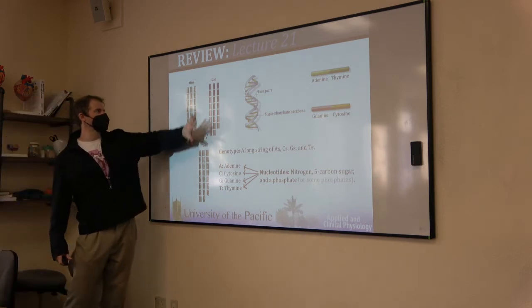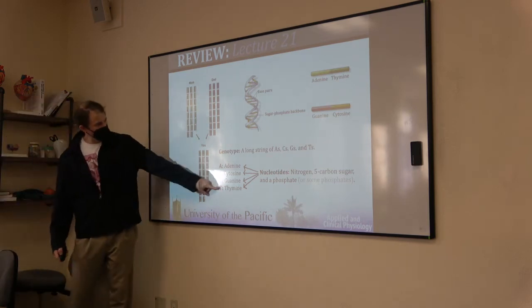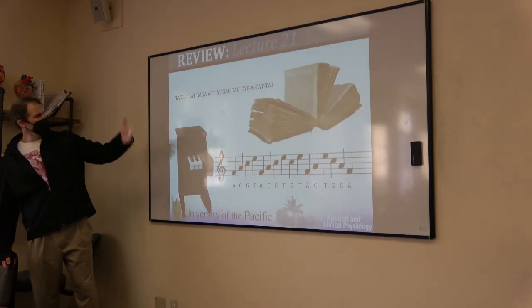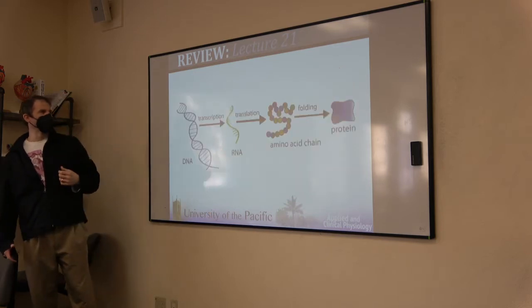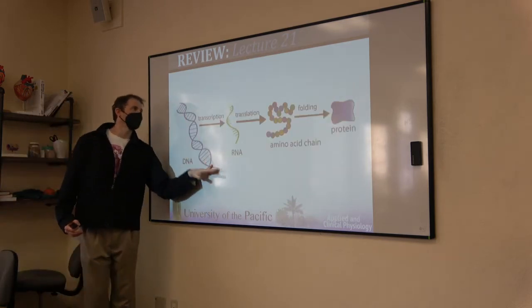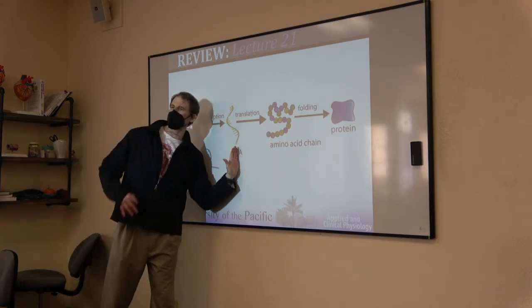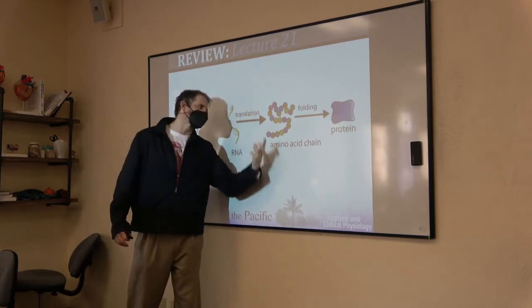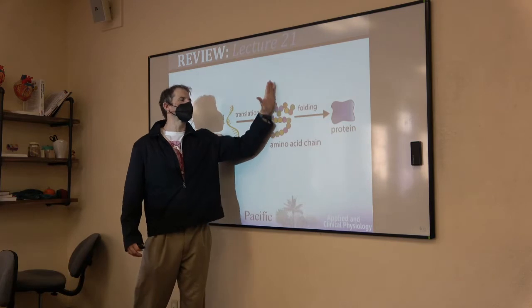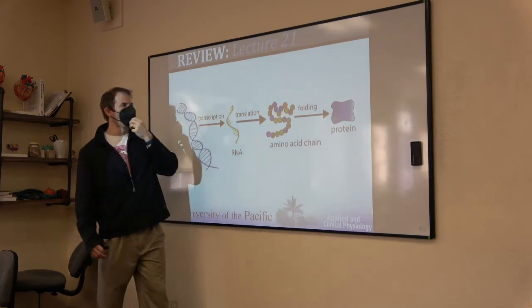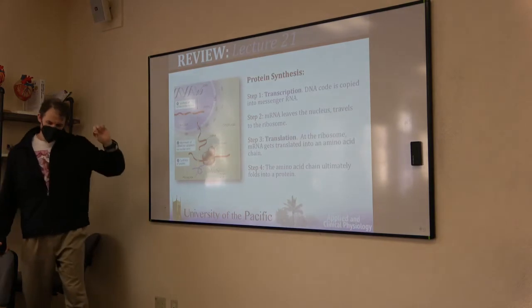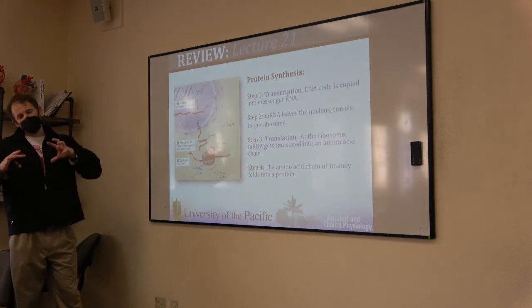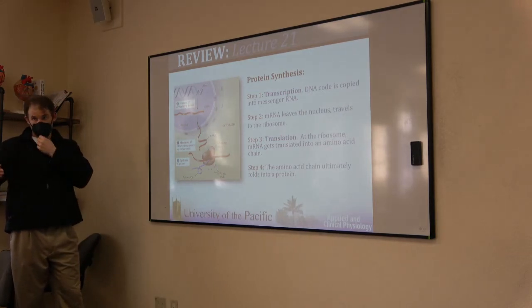You know how you come together, you're half mom, half dad, A, C, G, and T. Those are our base pairs, and you're a cell, right? There's a U if you're mRNA. But so we have our DNA, this is the nucleus, transcription, we create the mRNA, that's the recipe or the architectural plans, and then you take it to the kitchen or the architect, and that's where you assemble the protein. And that protein folds according to the order of amino acids. Swap out one amino acid and it folds differently. Swap out a different amino acid, it folds differently. The protein will fold according to the sequence of amino acids.